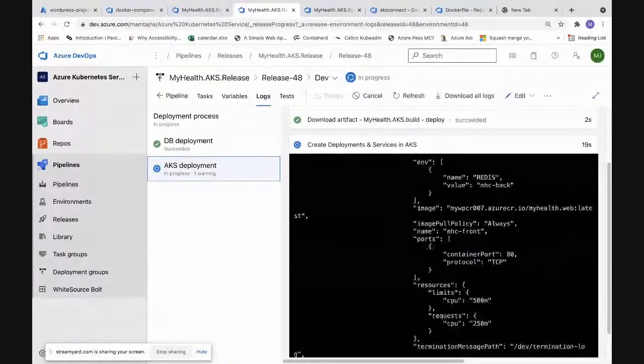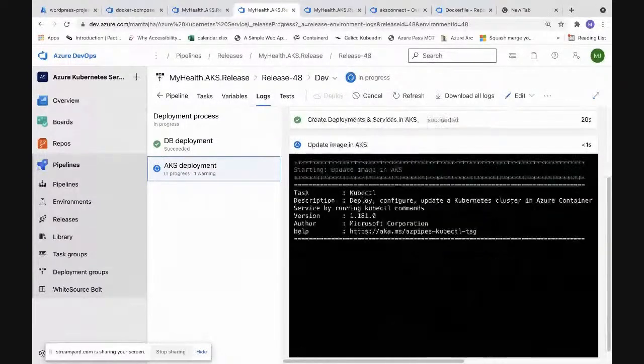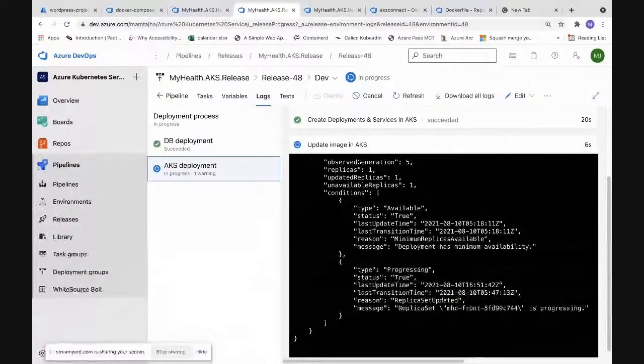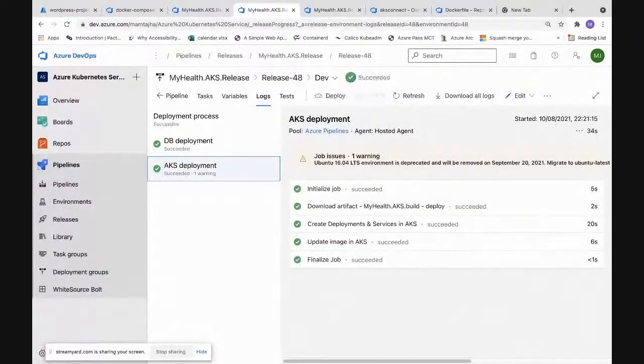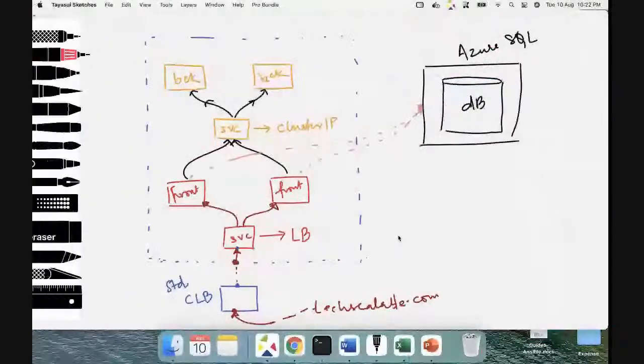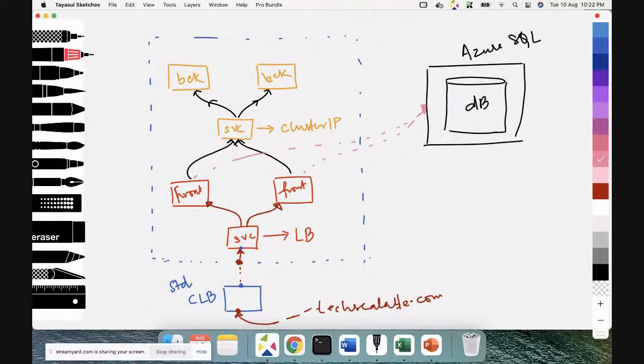And how can you sync the DB in cluster IP? What's that question? I couldn't understand. How will the connectivity happen, you mean to ask? Then connectivity would happen because I have enabled these ports on the database and I've told it that you can accept connections from the packets which are coming from the AKS clusters.